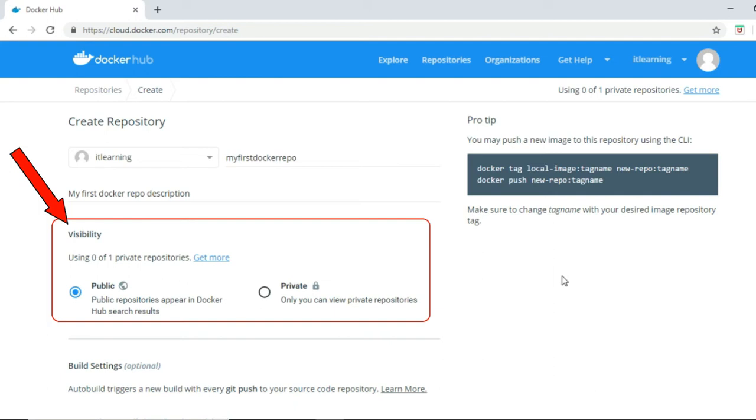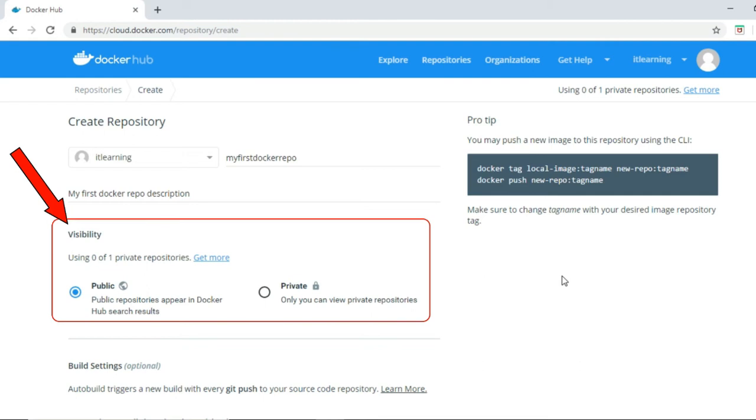So friends, in case we create the public Docker repository, then it can be accessed by anyone in the world. That is, anyone will be able to download the images from this repository, but no one will be able to change or modify this repository. But friends, if we go for a private Docker repository, then no one would be able to even download the images from this repository.